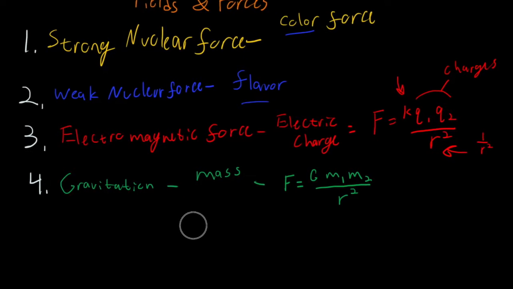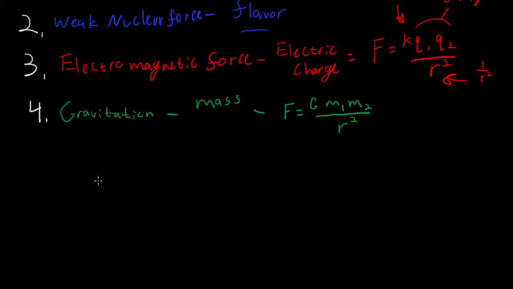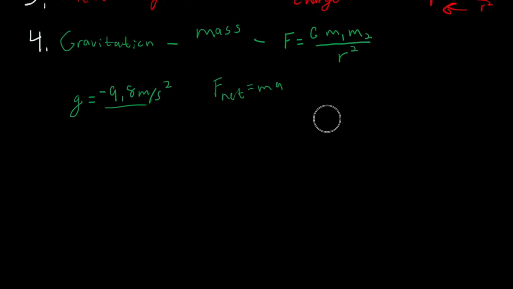Now, we've used a specific number before. This lowercase g equals negative 9.8 meters per second squared. That was the acceleration due to gravity. Now that we know Newton's law of universal gravitation, we can prove why this exists. What happens here is because F net equals mass times an acceleration, what we can really say here is that if we have two objects, let's say